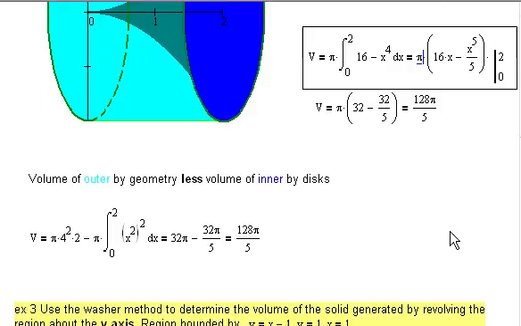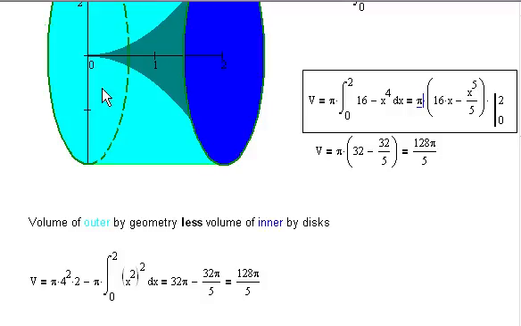Okay. Now we could also do the volume of the outer by geometry, less the volume of the inner by disks. The volume of the outer is pi r squared h. So pi times 4 squared times 2. Multiplying that out, that's 32 pi. The area of the inner part